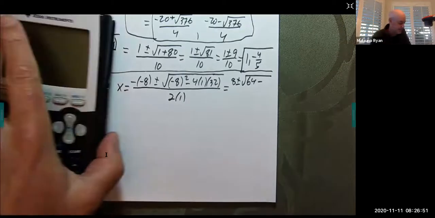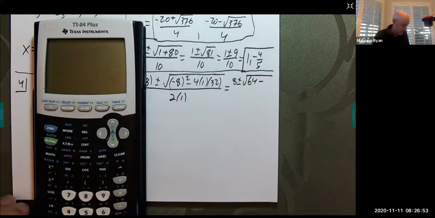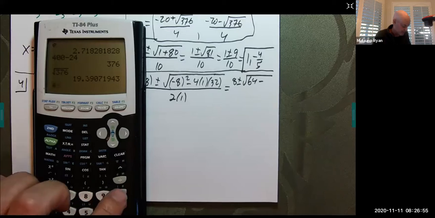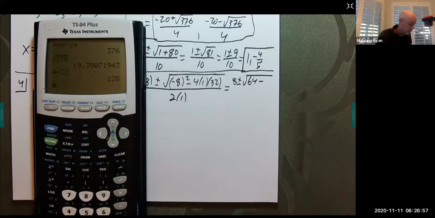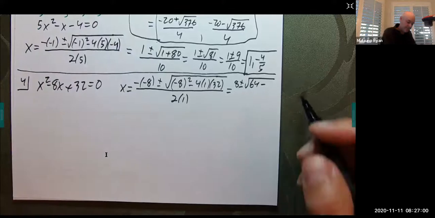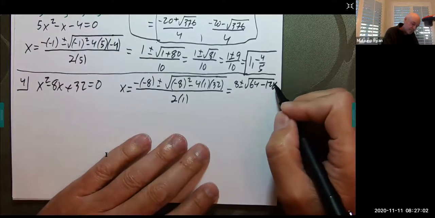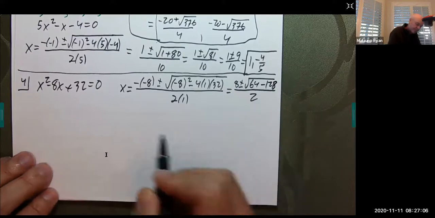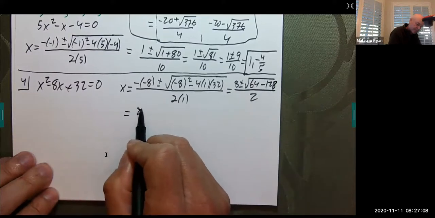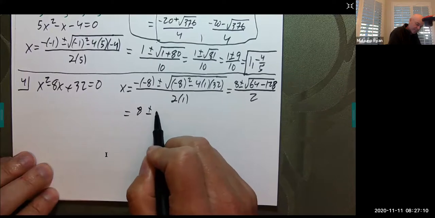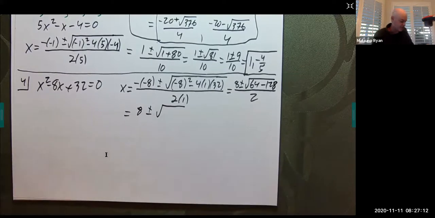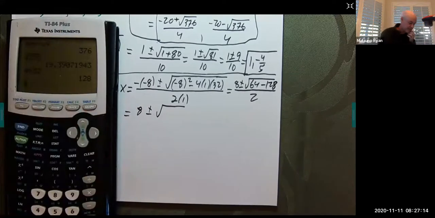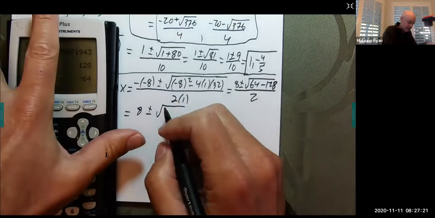Let me verify that. 4 times 32, 128. 64 minus 128, I want to say is negative 64, but let's see. 64 minus 128, negative 64,